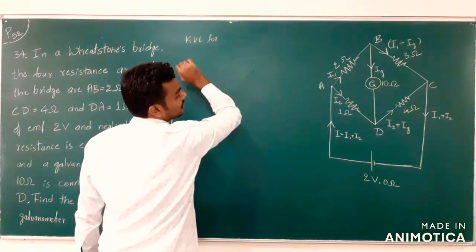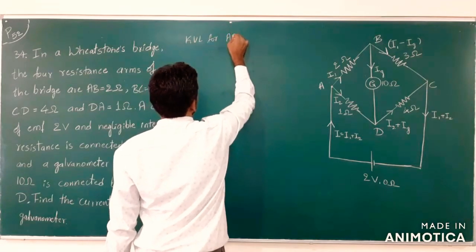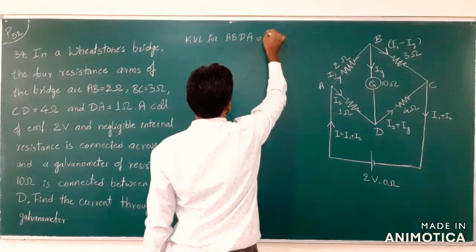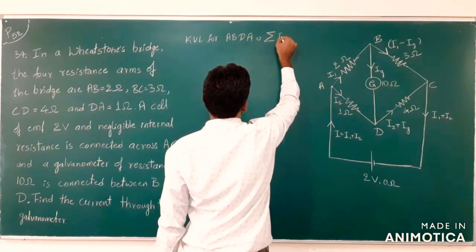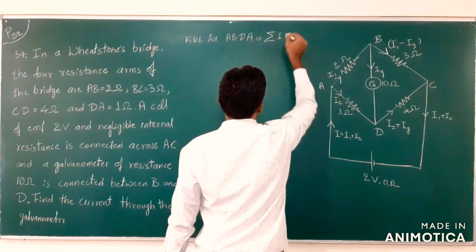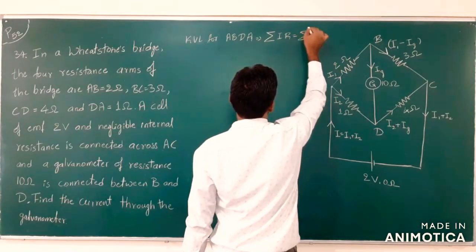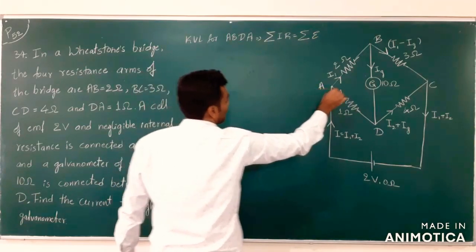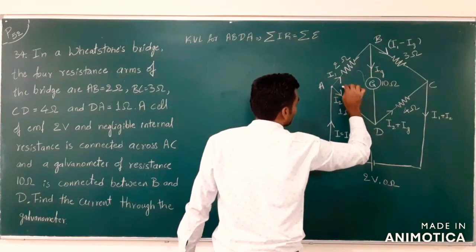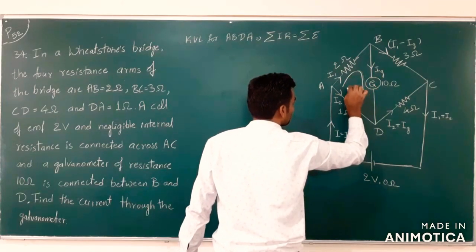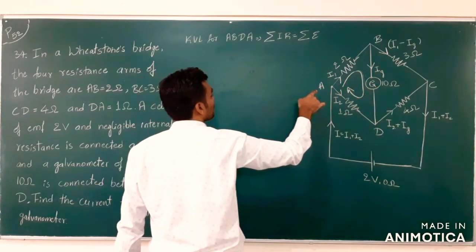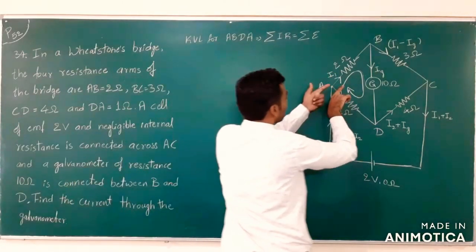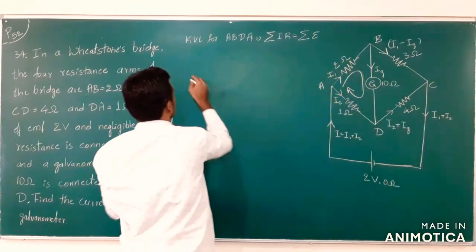for the loop A, B, D, A. Okay, generally KVL says summation of current into resistance is equal to sum of EMFs. Now, I will start from A. Okay, this is the loop that I will be considering now, right? I will start from A to B. I have a 2 ohm resistor and current I1 flowing in the same direction. So, it is